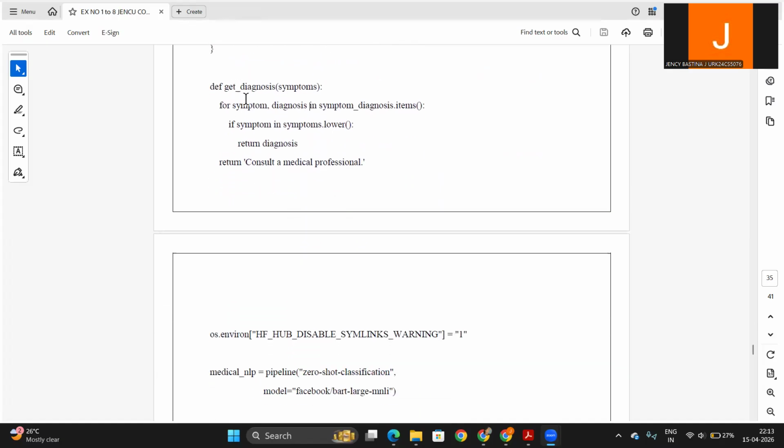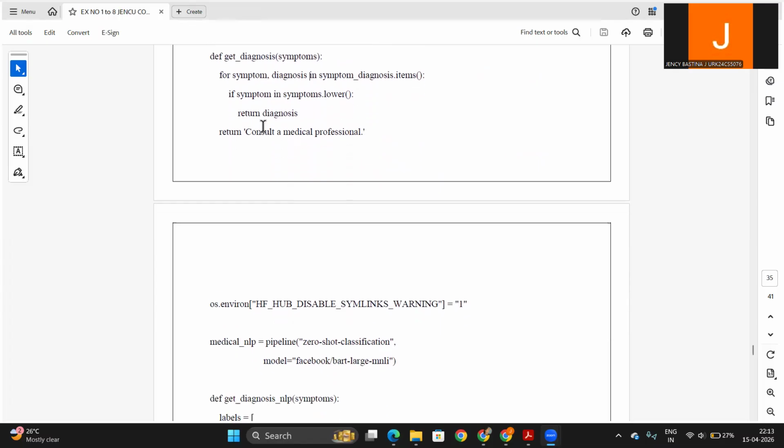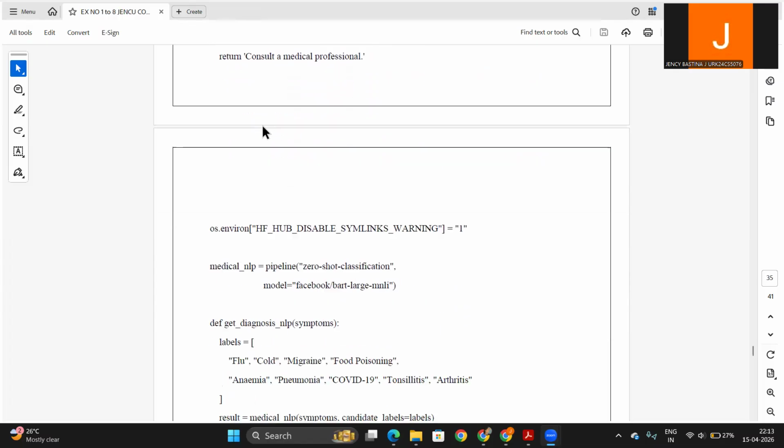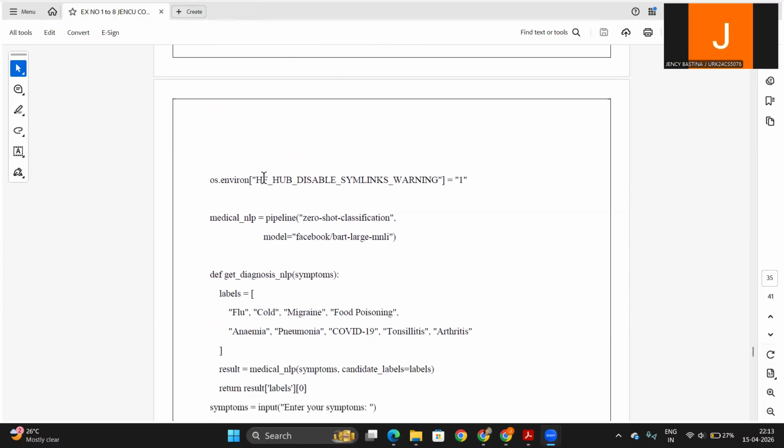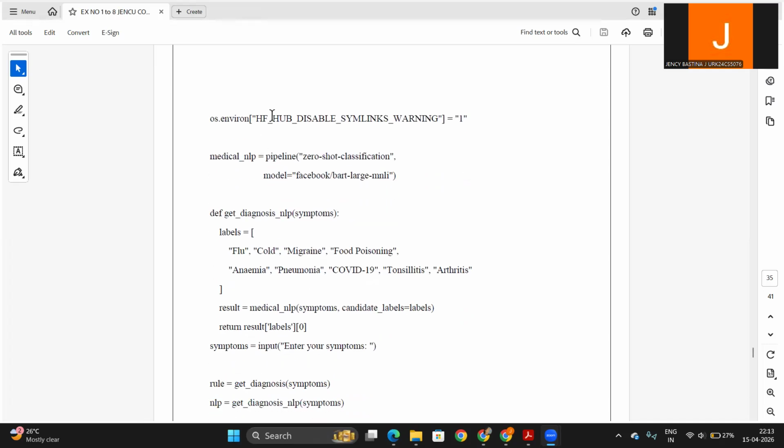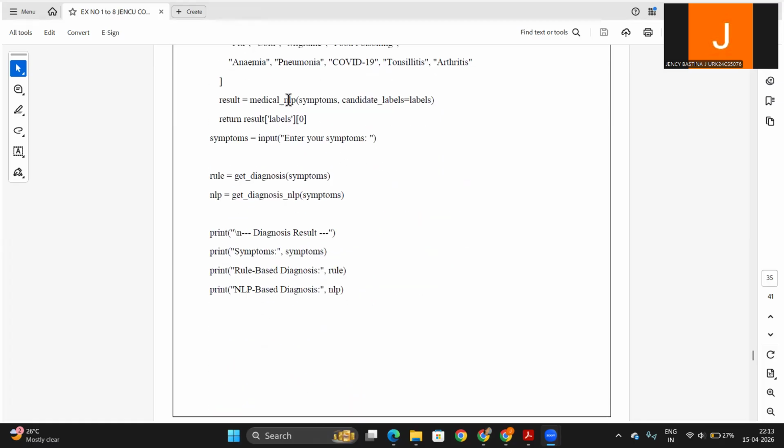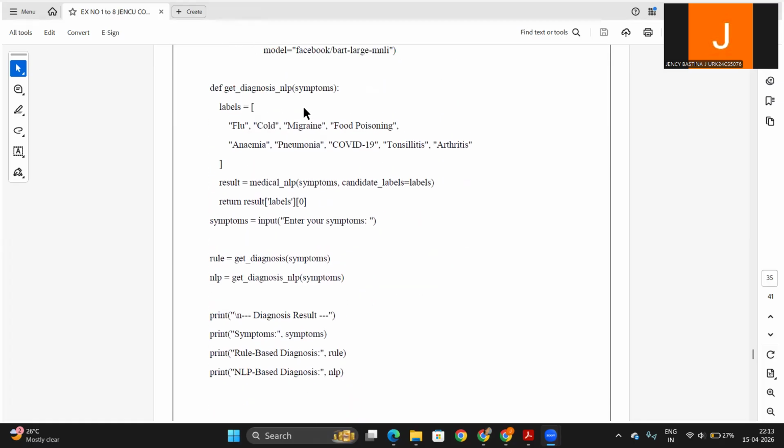Next, I am going to define get diagnosis for symptom diagnosis. This is the symptom diagnosis item. If symptom is in symptoms, return diagnosis. And next, I'm going to set os.environ HF Hub disable symlinks warning. Next, I'm going to define get diagnosis with NLP, with symptom labels: flu, cold, migraine, food poisoning, and